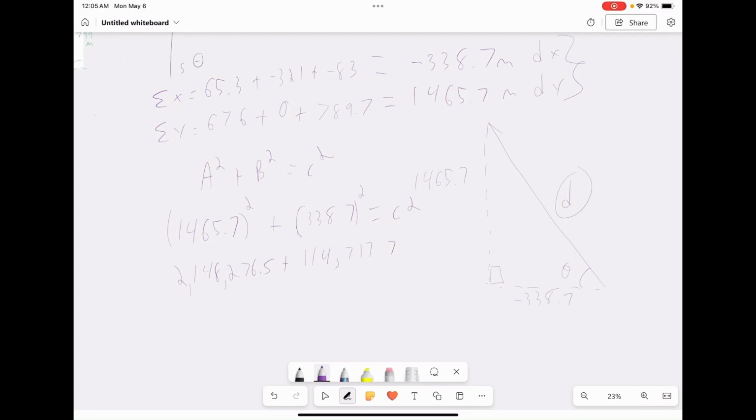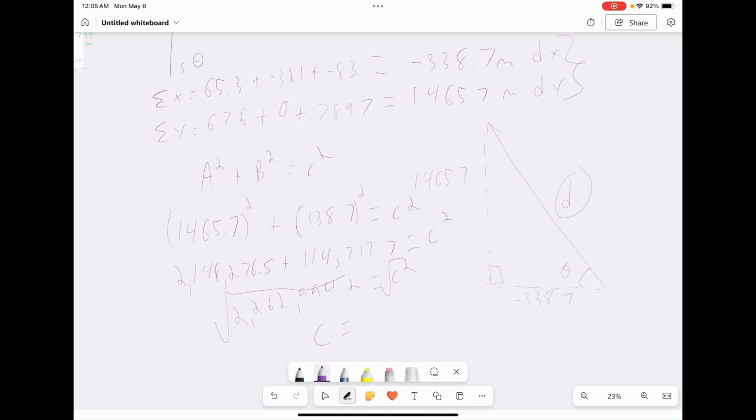Add these together, 2,148,276.5 plus 114,717.7 equals c squared. I get 2,262,994.2 equals c squared. Square root both sides of this, we can get c equals